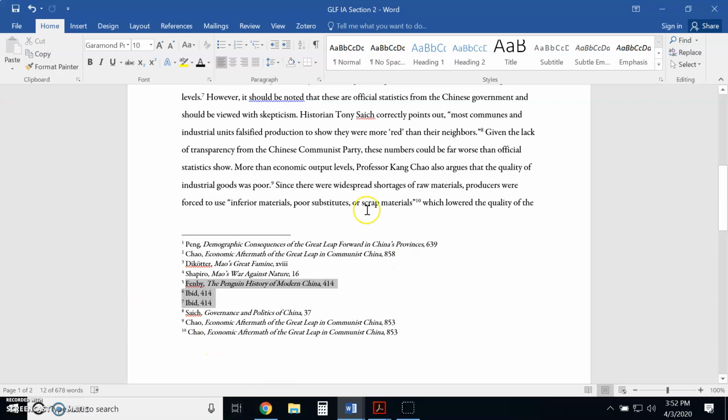Because remember, when we are looking at the range of source requirement, which is what you need to be able to do in order to score 13 to 15 points, that's going to be how you do it. So any historian who considers themselves a professional, if you flip to the back of the book, they are going to have a massive list of all of their citations that they used in their research. Frank Dikötter's book, Mao's Great Famine, if we go to the back of the book, pages 349